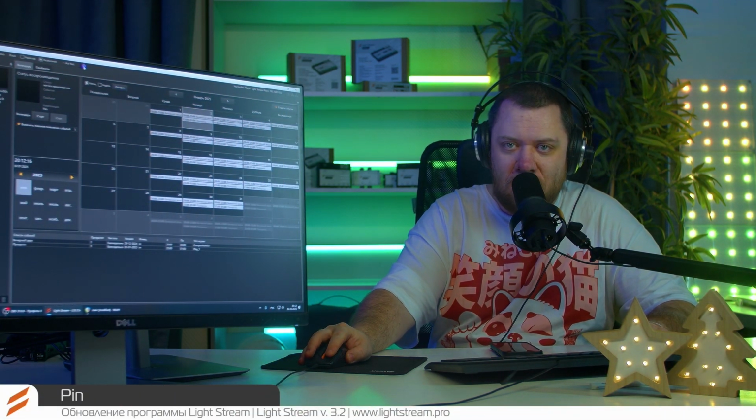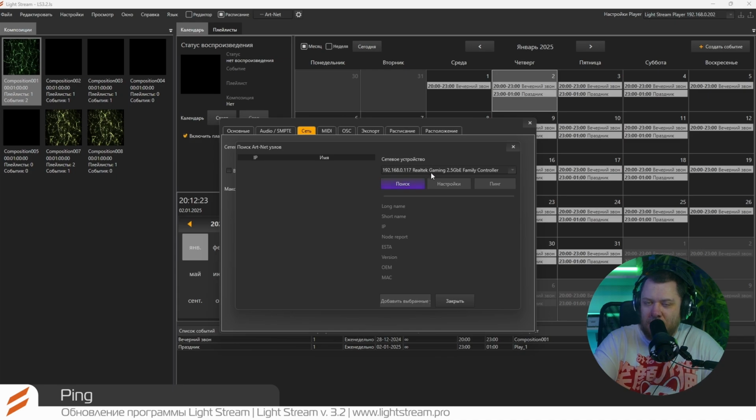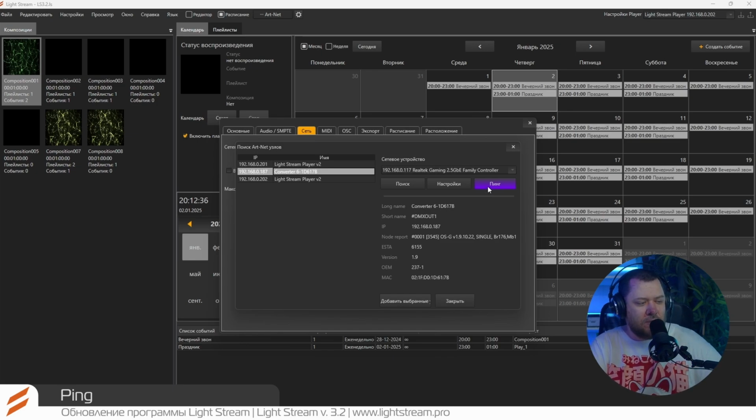Let's talk about the next update. This is the ping of the player and the converter. We go into the settings, click on the new little gear. It's convenient. Let's go to the network settings, search. We select our network card, where all our devices that we are working with are connected. And it finds them, here we have players, converters. For example, we click on the converter and we have,